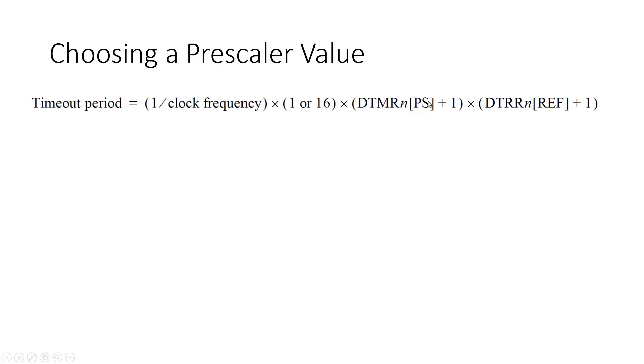You'll notice here that the timeout period increases as the prescaler increases, in the same proportion. This means that we're dividing our clock frequency by this value to get a slower clock if we put a larger number in here,